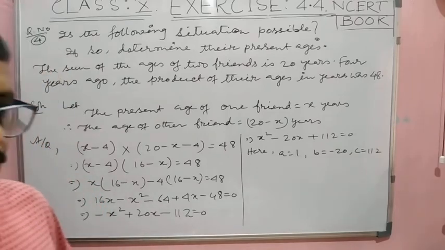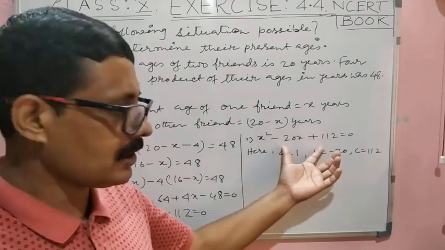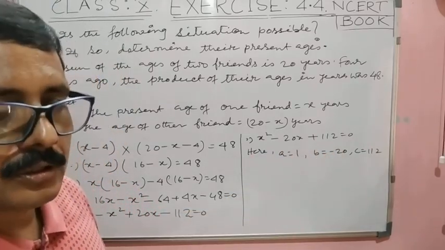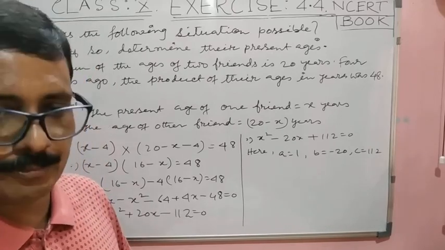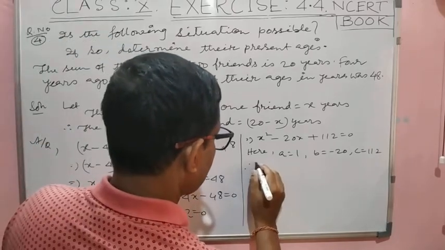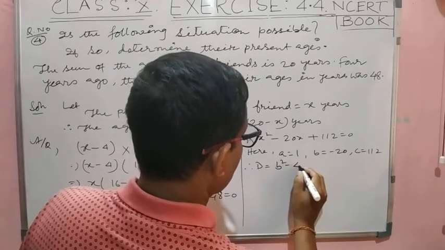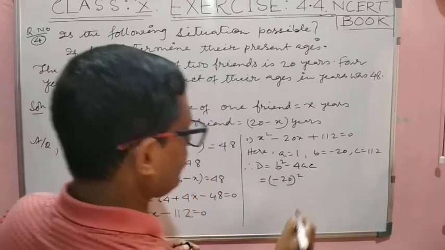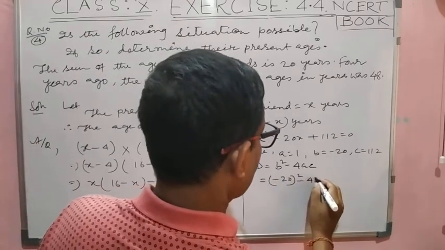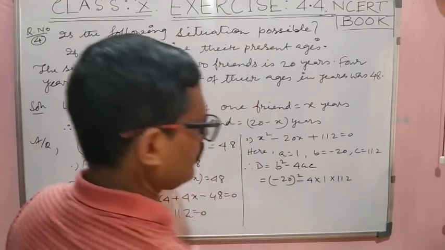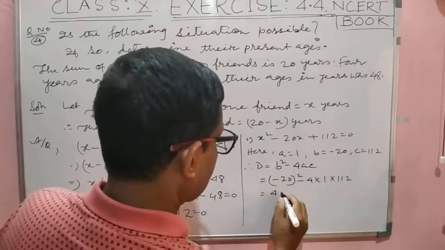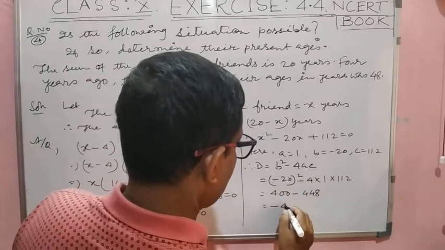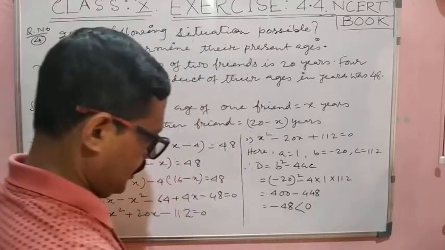आर यू क्लियर? सो फर्स्ट ऑफ ऑल वी हैव टू चेक whether this equation has real roots or not. So that is why to get real root or imaginary root we have to go for discriminant. So therefore D equal to b square minus 4ac, b का मतलब minus 20 whole square minus 4, a means 1, c means 112, तो ये हो जाएगा 400 और ये हो जाएगा 448,